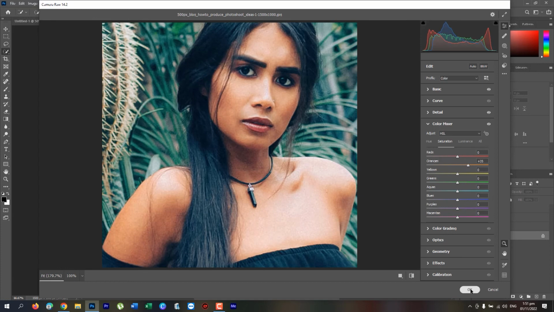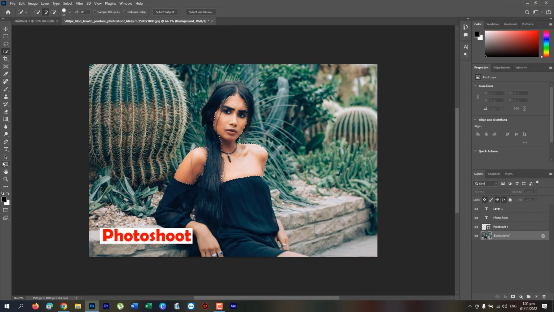Now I feel okay. Here you can see, if you want to use the pen tool, first I press Ctrl D because I no longer need this selection. So I think